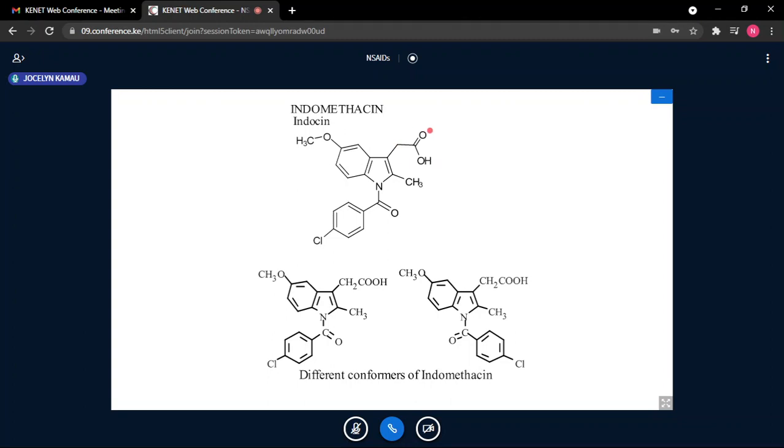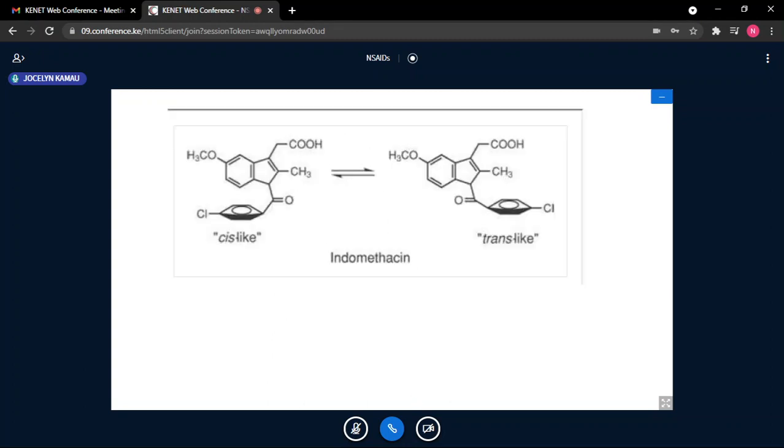Then we said you can have aryl or heteroaryl. If you look at indomethacin, indeed, this acetic acid is joined to this ring here. In fact, we can consider the whole ring, this whole ring, we call it the indole ring. This indole ring is a heteroatom ring. You can see it has a nitrogen, but it is also aromatic. So it's a heteroatom, which is aromatic, and that is where the acetic acid is joined. You can see the acetic acid there, joined to that group. I only want you to understand why we are calling them acetic acid derivatives, and calling others propionic acid derivatives.